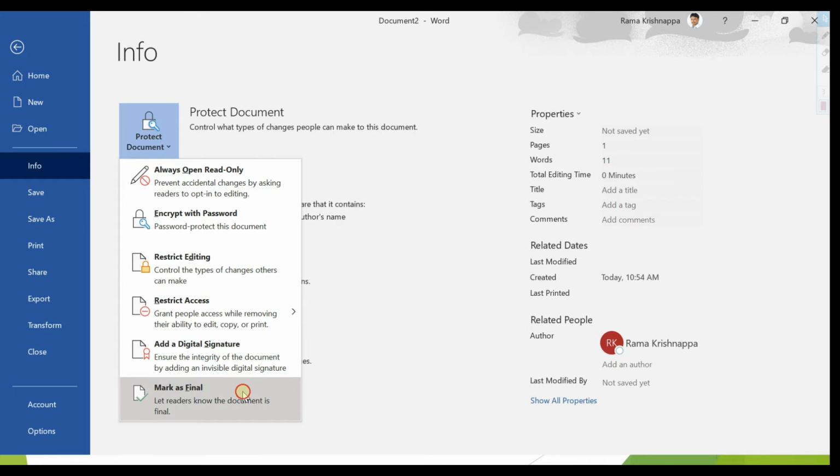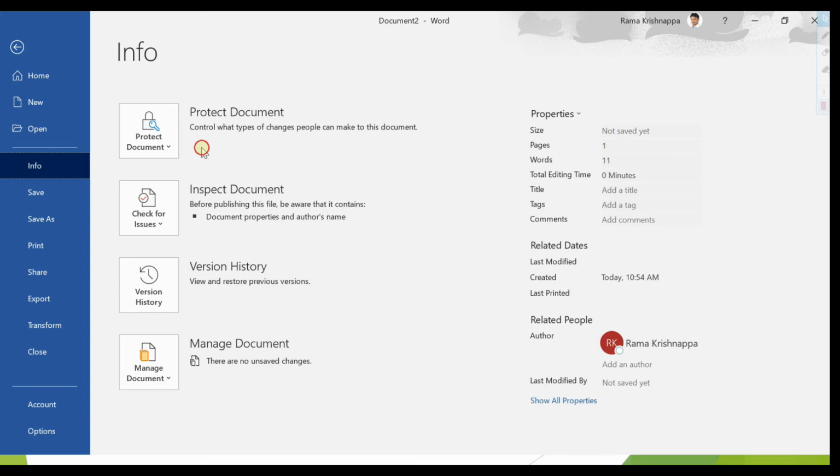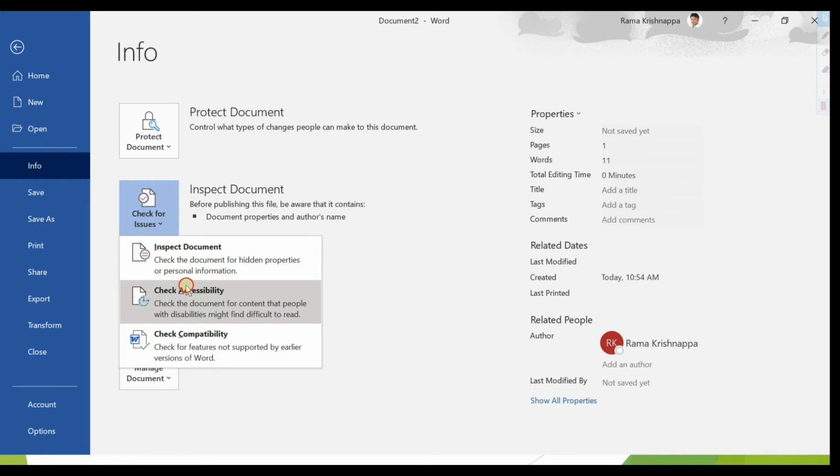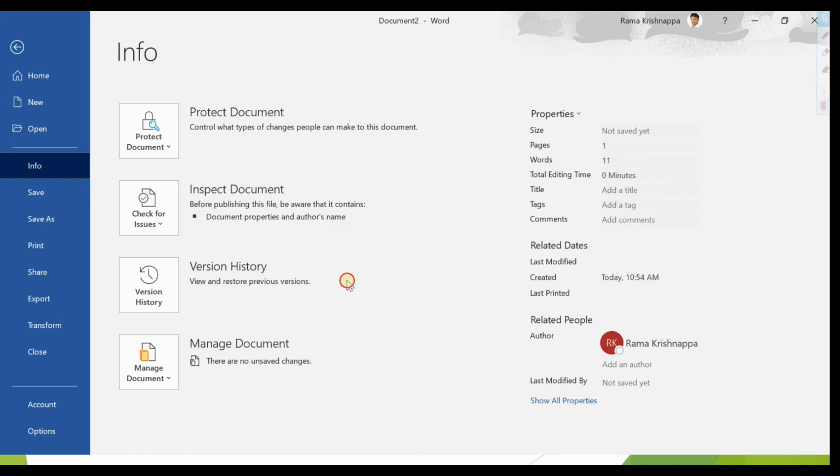These we will see in more detail in the upcoming series. Next is inspect document, to check if any issues are there. This is also very helpful. Before publishing, we need to make sure the document is issue free. So there are options available for checking issues.